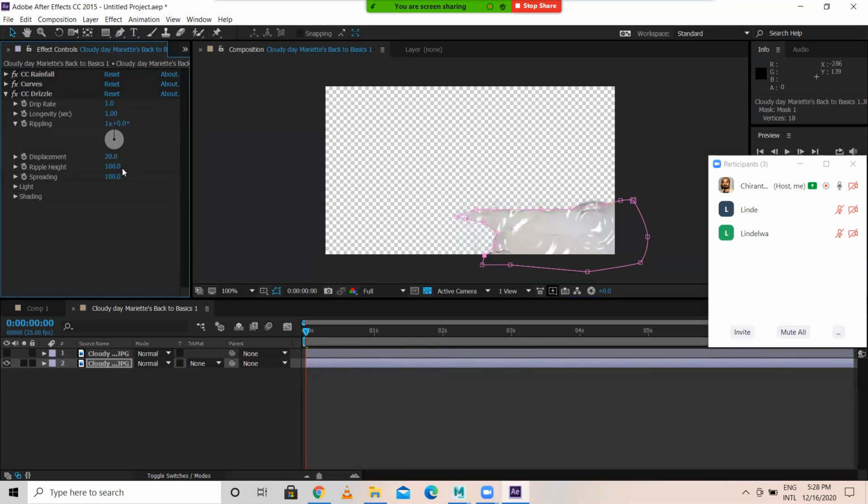So here ripple height is okay. Spreading I reduce like this. Drip rate I increase more, more and more. This spreading I just reduce like this.